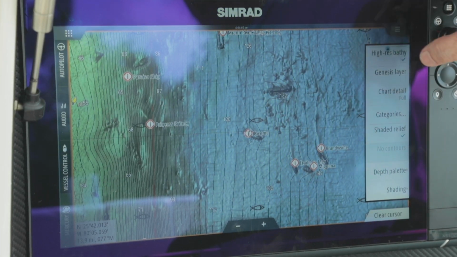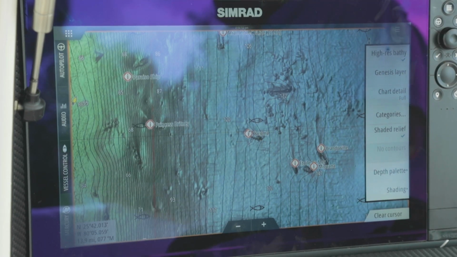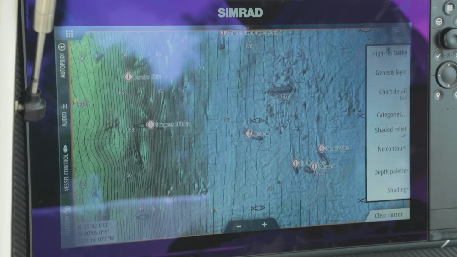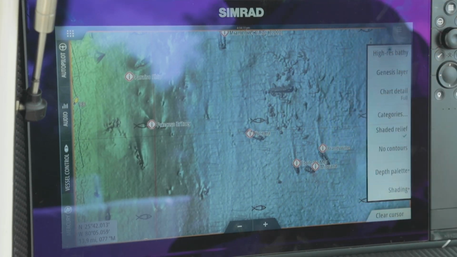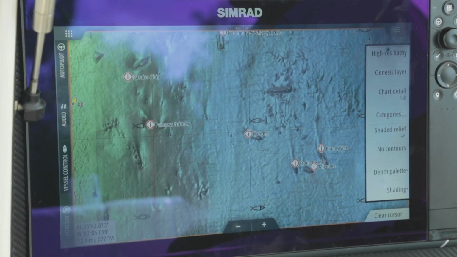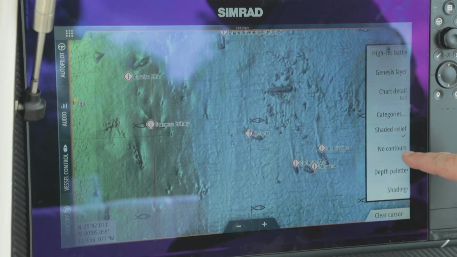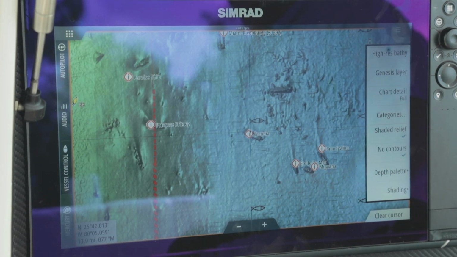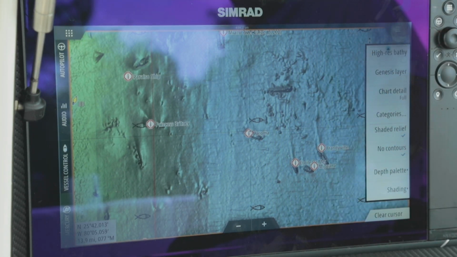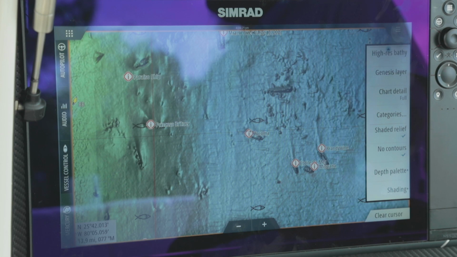Now the nice thing is, and what sets us apart from some of our competitors, is we do have the ability to turn on our high-res bathymetrics and overlay it. We do have the ability to overlay our icons because it is a full CMAP chip on top of this high-res color bathymetric layer. We do also have the ability to turn off all contours so that we clean up the picture and only see that high-res bathymetric reveal layer.